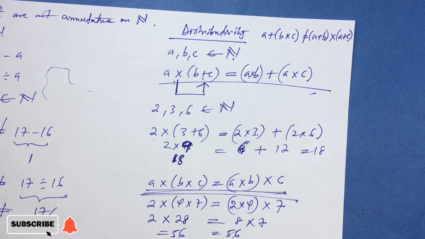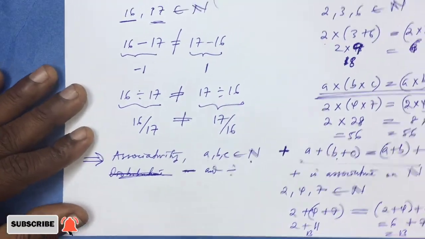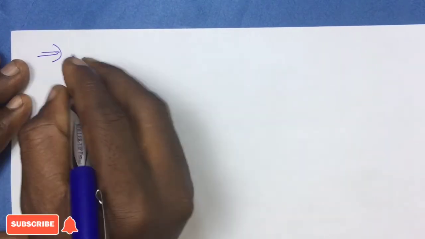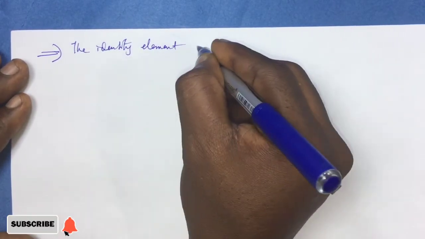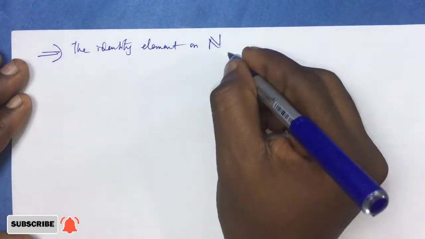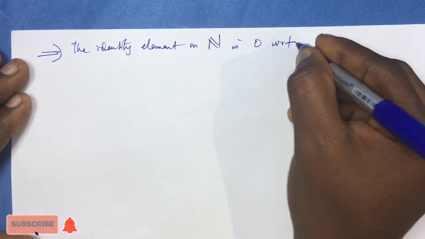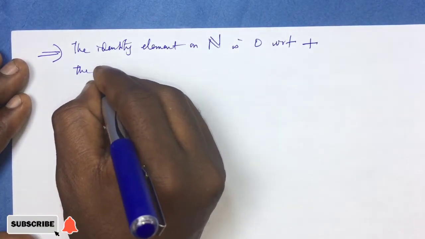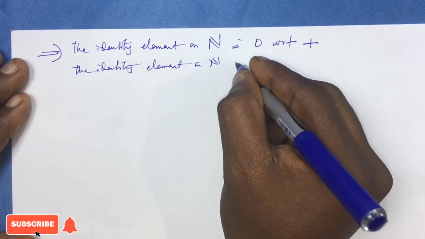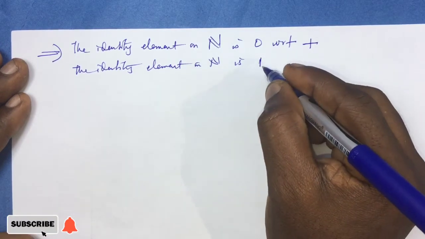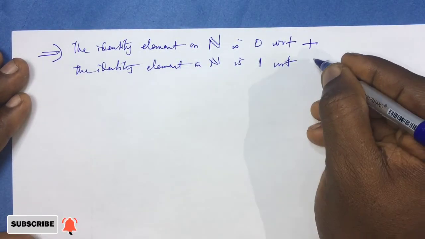system. Okay? Now, there is the property of identity for a natural number system. There is the property of identity, and there is the property of inverse, the inverse element. So the question is, what is the identity element on n? The identity element on n, the natural number system, is 0 with respect to addition. And the identity element on n, I'm going to explain this, is 1